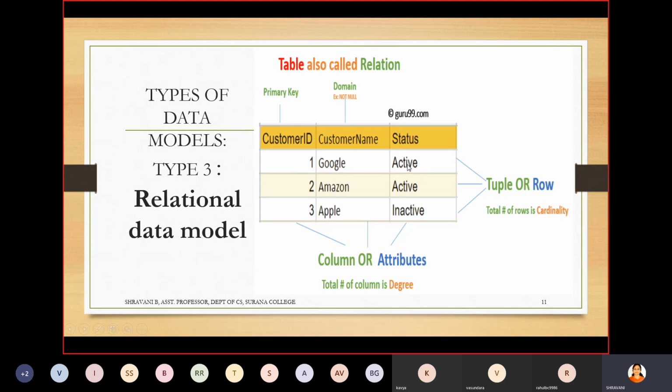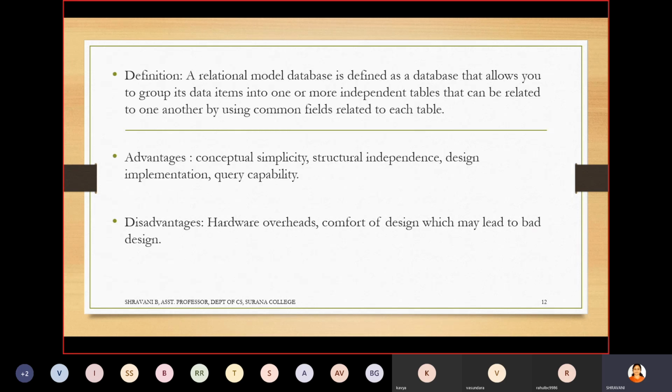The complete row belongs to one particular person, that is Google. So this is how the relation works. Again I repeat, a table is called a relation, fields or column headings are called attributes, and the complete row is called a tuple. So let's see what a relational model database actually is.